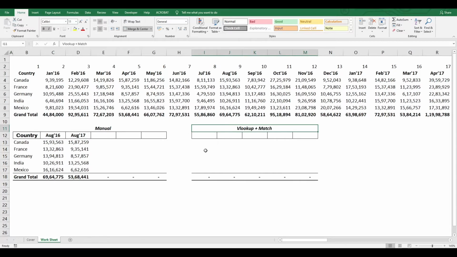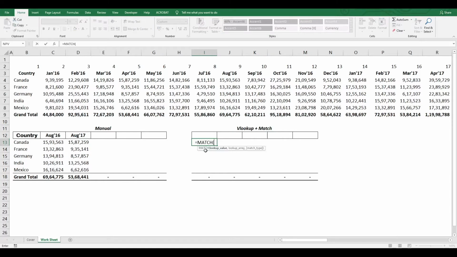But when I use VLOOKUP and MATCH together, what will be the MATCH function's role over here? The MATCH function will define the value that I need for the column reference. So for example, if I write a MATCH function over here to see where August sits,